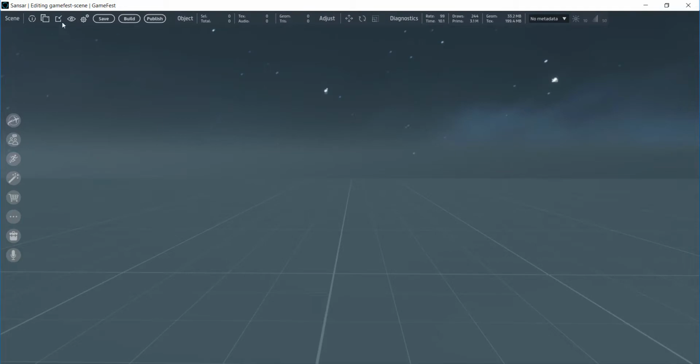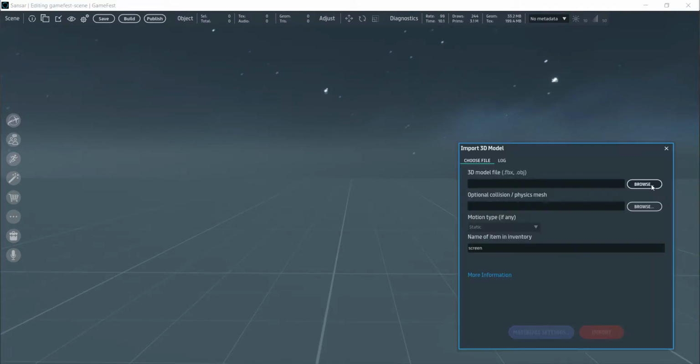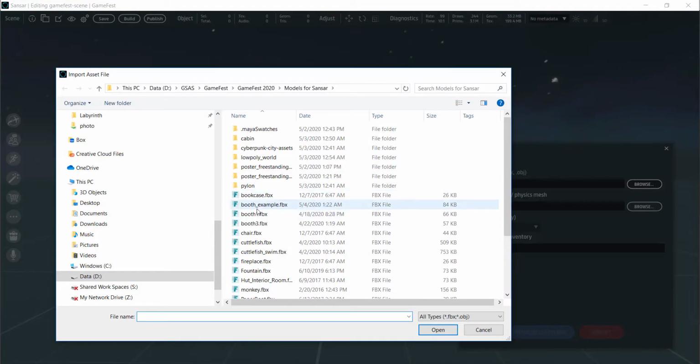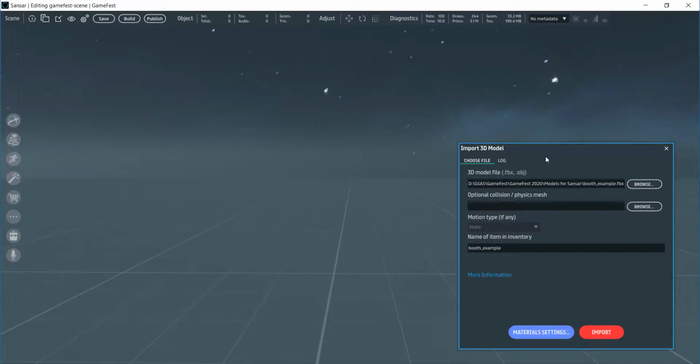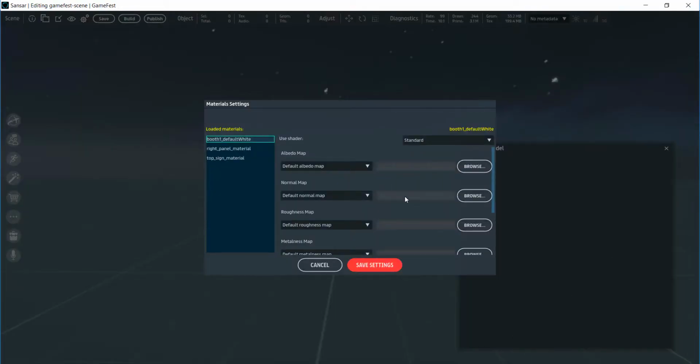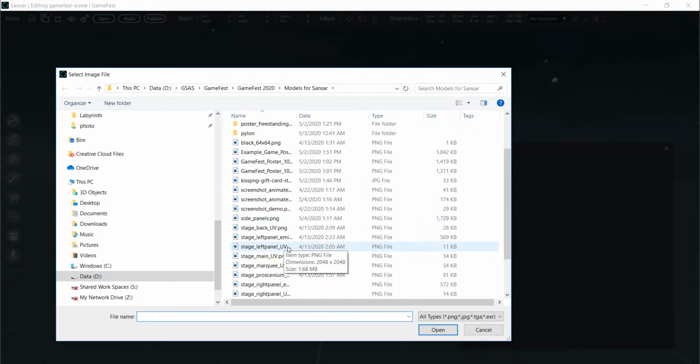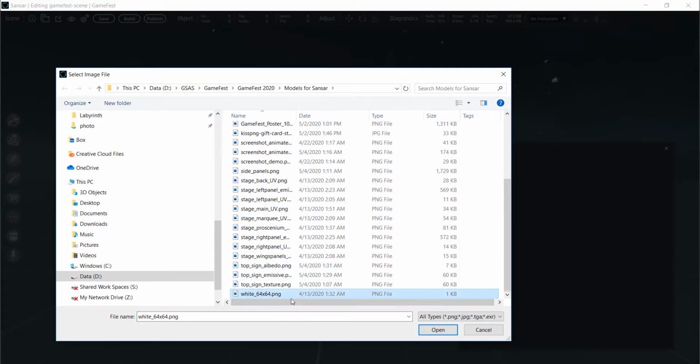Going back over to Sansar, I'm going to start importing these objects. So let's go ahead and import our model. Find this file boothexample.fbx. And let's choose the materials. I'll leave this one, booth1 default white, as its defaults. Actually, no, I'm going to bring in a white texture for the albedo. So I'm going to click Browse right here and look for this little texture right here, white 64 by 64